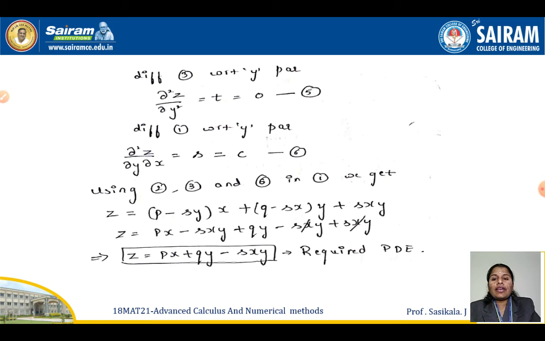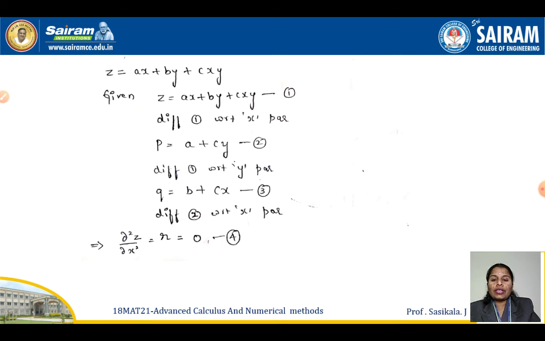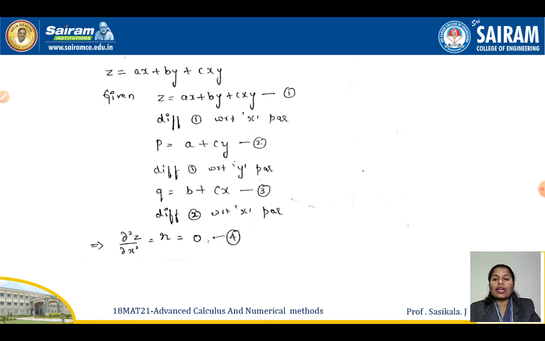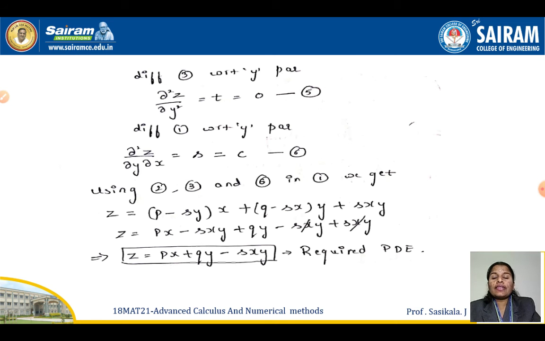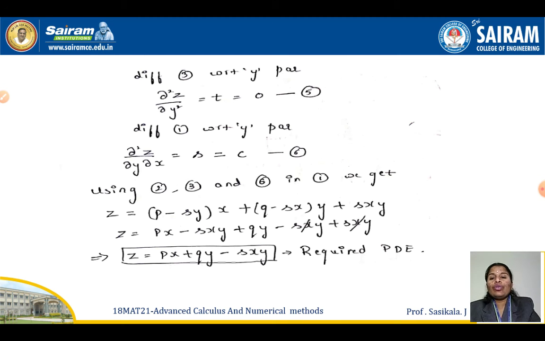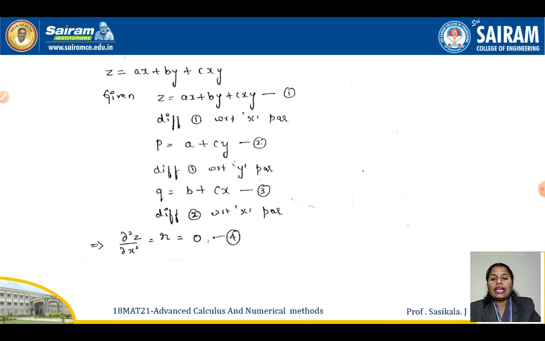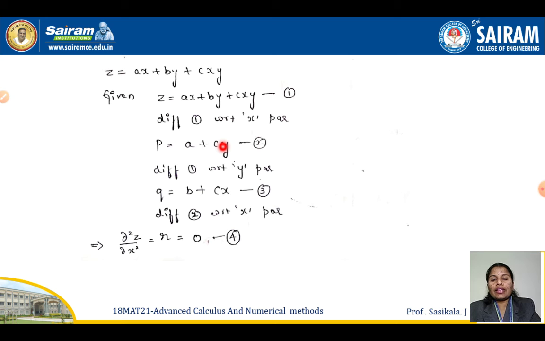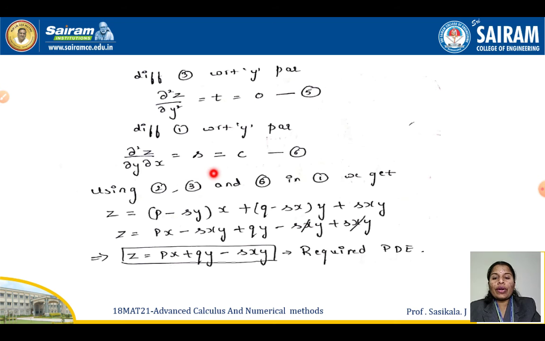Now, in equation number 3, again you can differentiate, that also will go to 0. What is that? That is nothing but your t. This is nothing but your r. Then since it is getting 0, you can go with one more derivative. With respect to y or x, anything you can take. Equation number 2 with respect to y or equation number 3 with respect to x, both will give the same answer. With respect to y I'll get c, with respect to x also I'll get c. So with this s is equal to c.